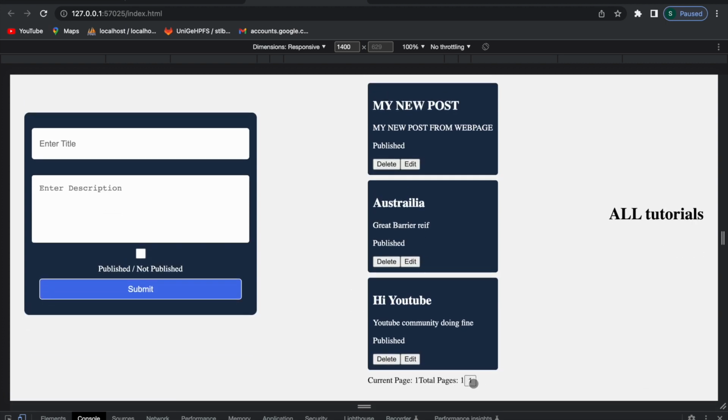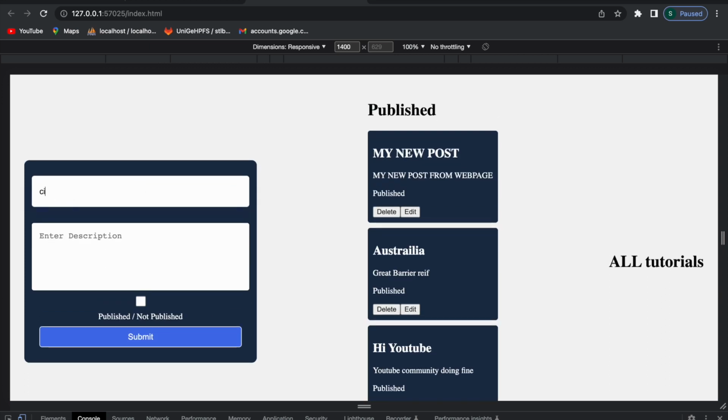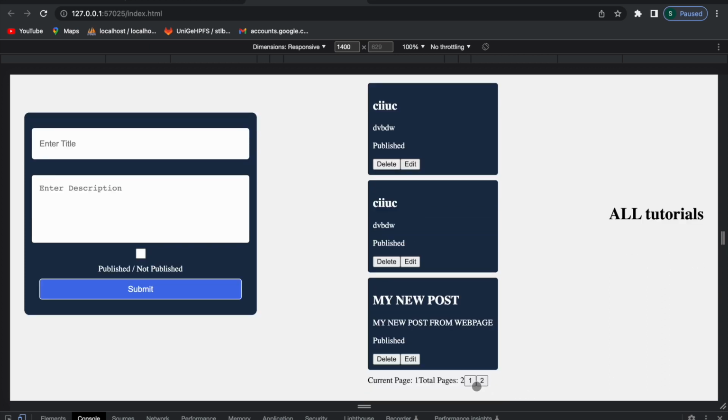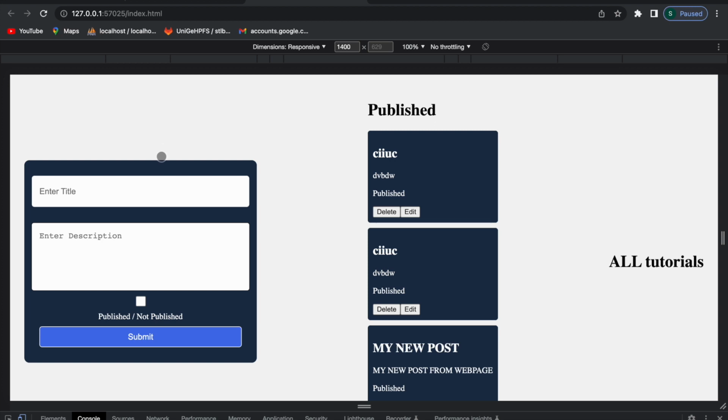And now if I save it and go here, you can see that currently we have total page of 1. Let me create some more posts here. So now you can see that we have 2 pages. Right now we are on page number 1, and this is page number 2. Let me create one more post